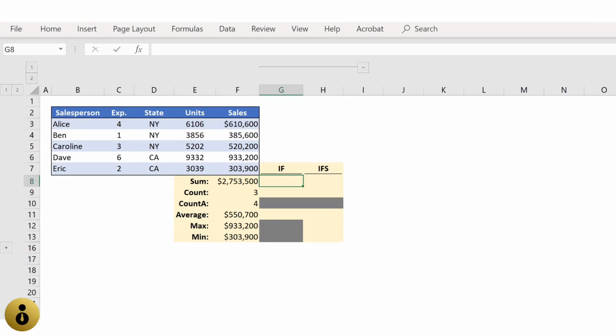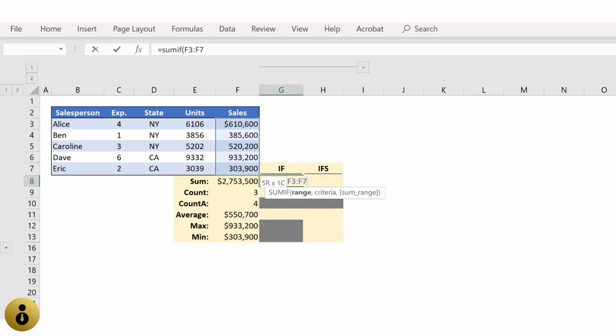You're looking at data like you see here, you might want to know the sales, but you also might want to know the sales based on certain criteria. Like, what if you wanted to know the sales only for the state of New York? Well, here I can use the SUMIF function. Excel is going to suggest 3 different arguments, 2 mandatory arguments, and then 1 optional